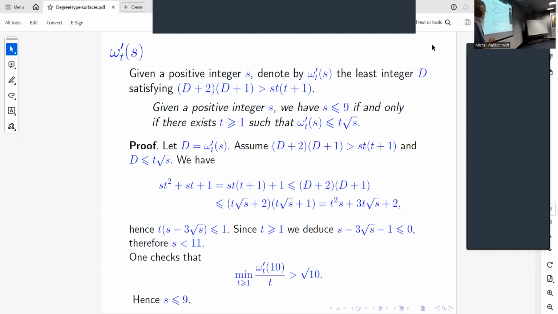And the relevance of 9 is that, given the positive integer s, s is less than 9 if and only if there exists a t such that omega t is less than omega prime t. So the examples that we have seen arise not because of clever constructions with ellipses and polynomials between 2 and 6, they just arise from linear algebra. The proof is here. I will not give it, it's very elementary, but this number omega prime of s satisfies this property if and only if s is omega prime.